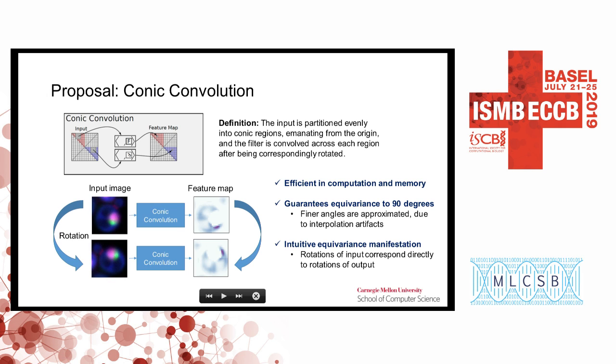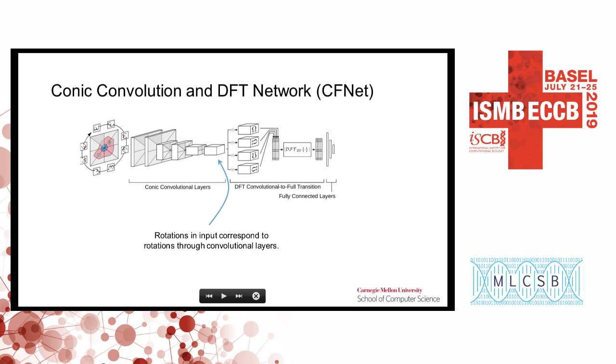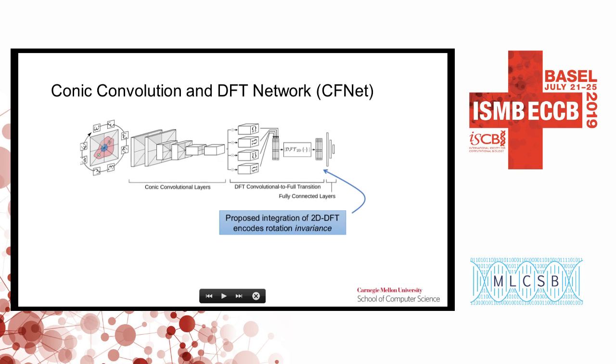This has the property that if I rotate the input image, the output feature map just rotates. So the manifestation of equivariance is very intuitive. It's also very efficient to compute. And similar to group convolution, it guarantees equivariance for 90 degrees and can approximate finer angles as well. So this is the first part of the network. And we have the property that if I rotate the input image of the cell, the output here will just rotate correspondingly. So normally we would transition to a fully connected layer here, but instead we have our second contribution,